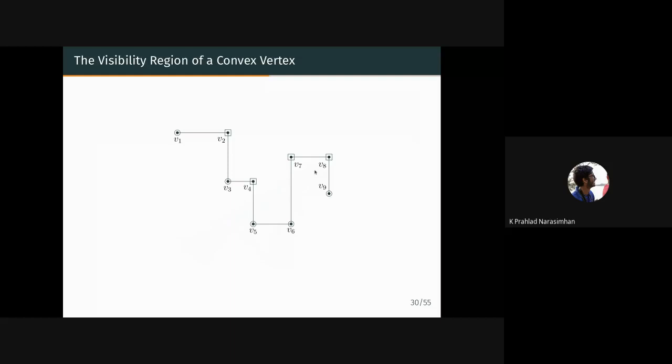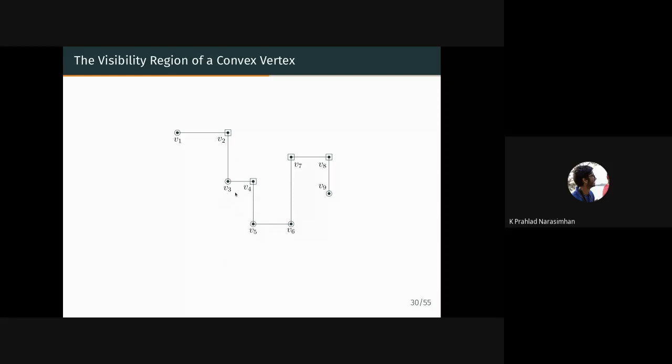So the second thing that they used is they just made a small observation. They said, look at the left convex vertex. Let's say V3. Look at the visibility region of V3. What all can it see? You can see V2, V4, and V7. It can't see anything whose x coordinate is less than that of V3, which is fairly obvious because there's a straight line jutting out from V3 to its left. So it can't see anything to its left.